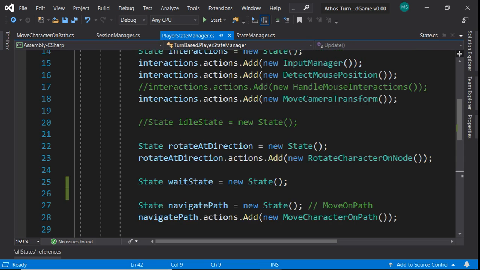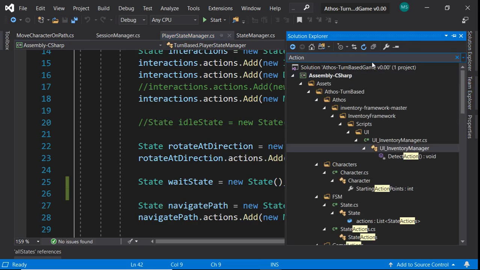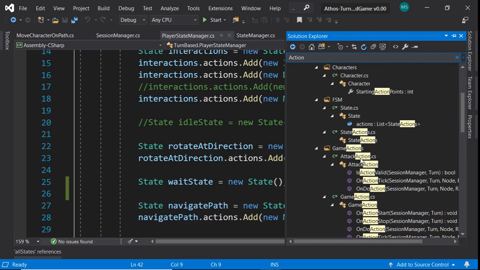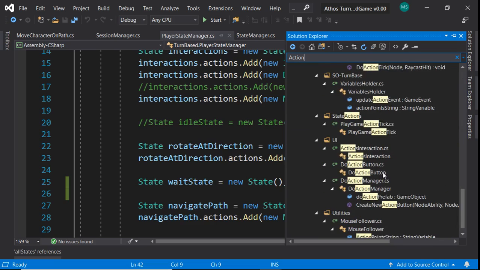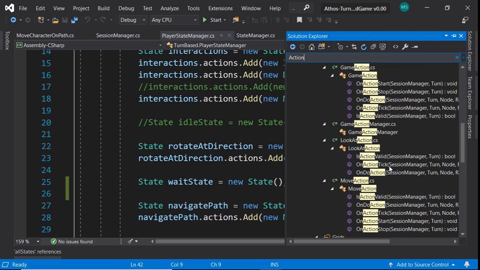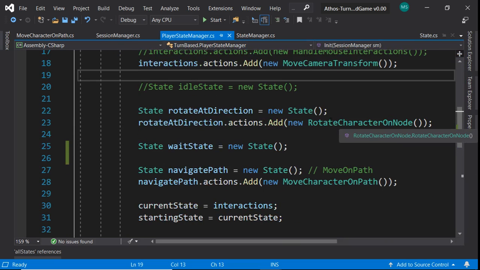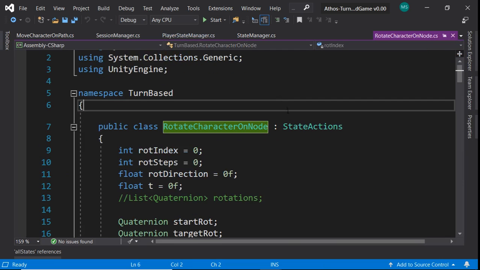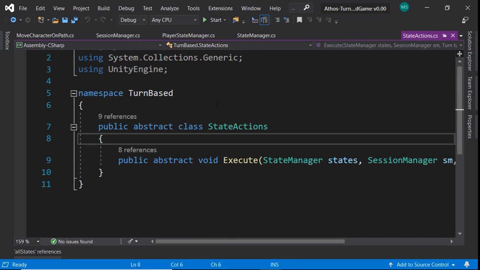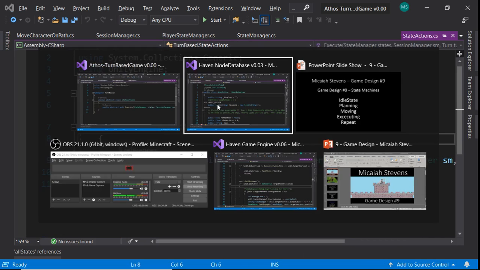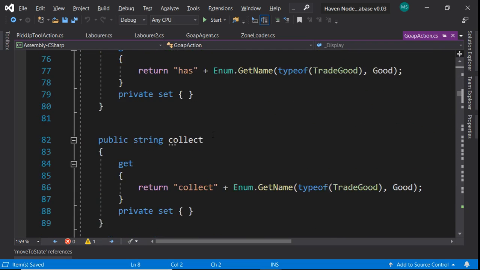actions right here. I think we actually do call something called action. The attack actions for other things, but I think these are state actions. So these are all just the abstract of this idea of states. So you could see there's the state actions, or just like a GOAP action that is going to say, hey,